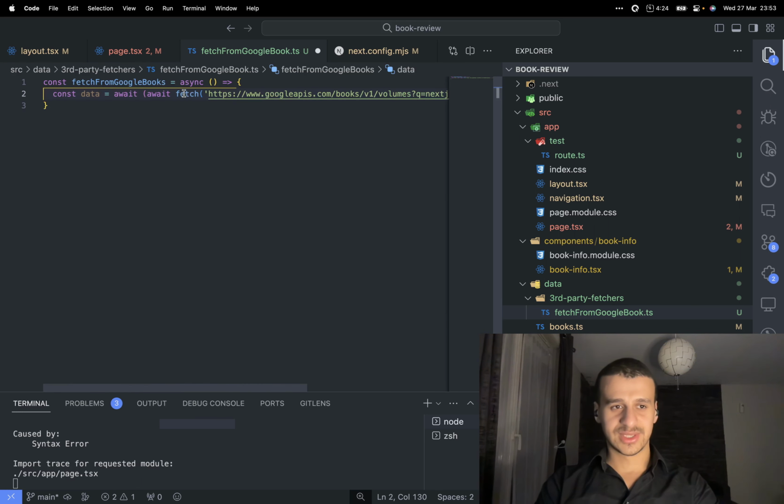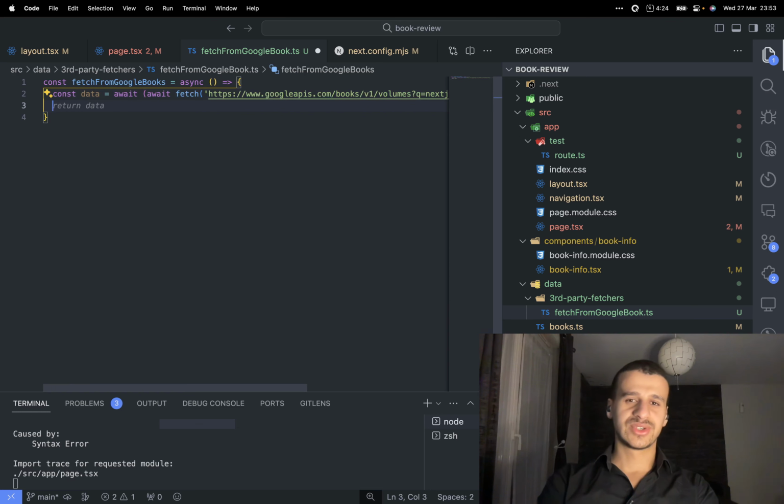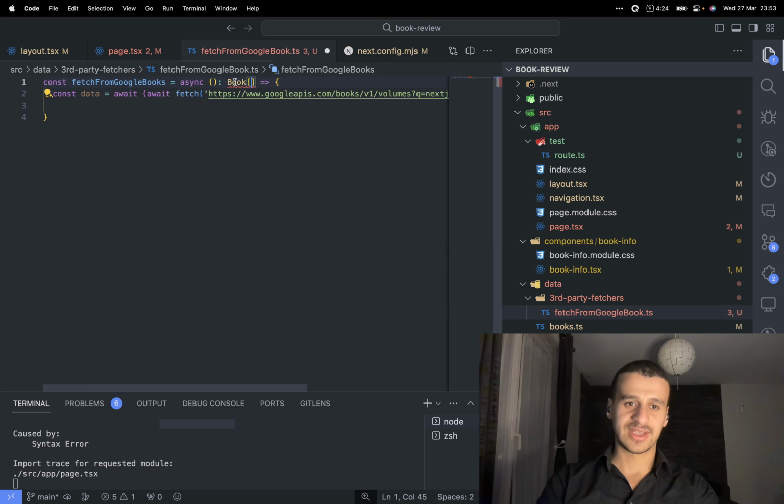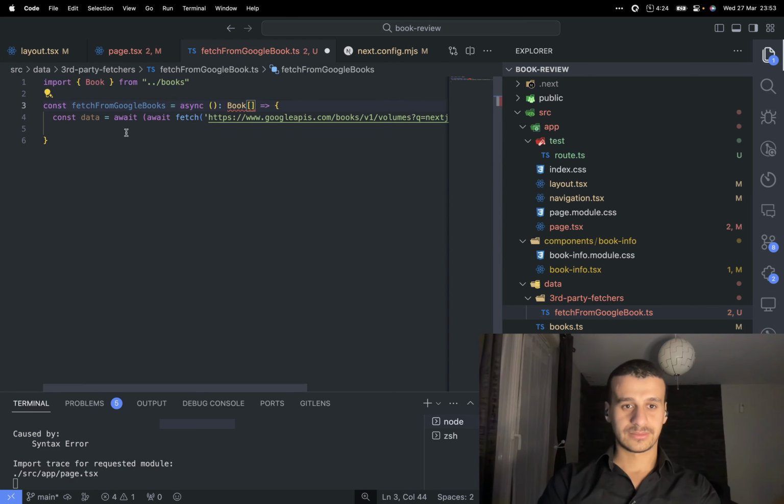I have this full request here. Do I want to return all the books or just clean data? I think I want to return clean data in the form of an array of books. I will tell TypeScript that I want that here. And then I will do it needs to be a promise of